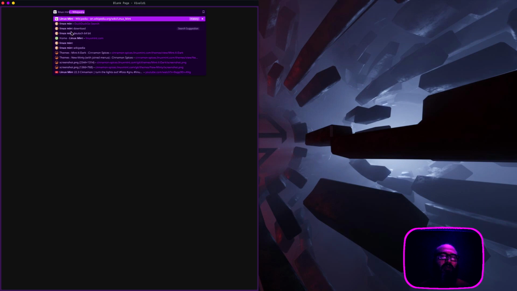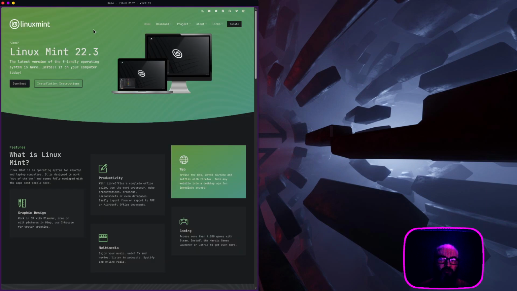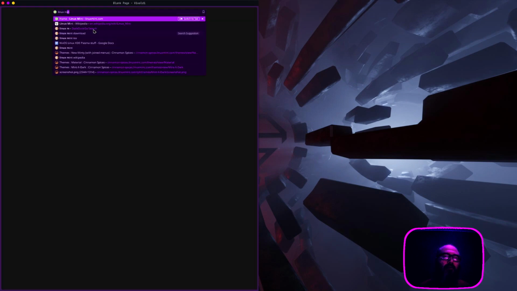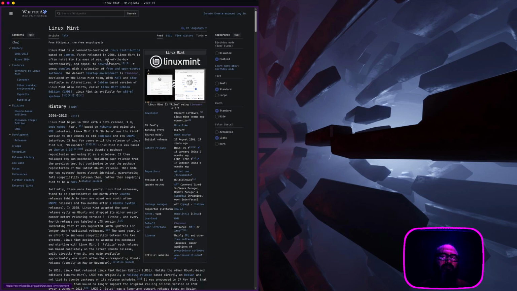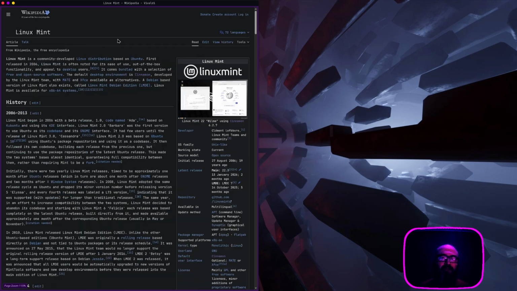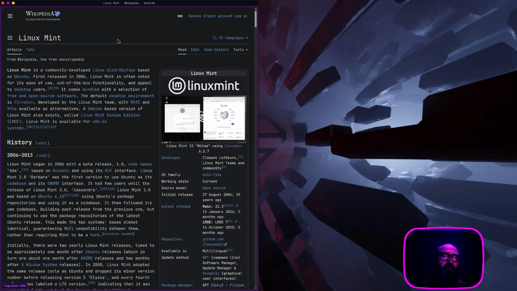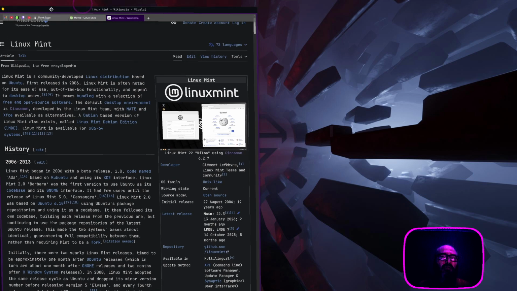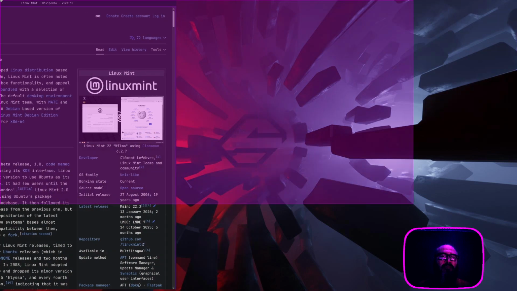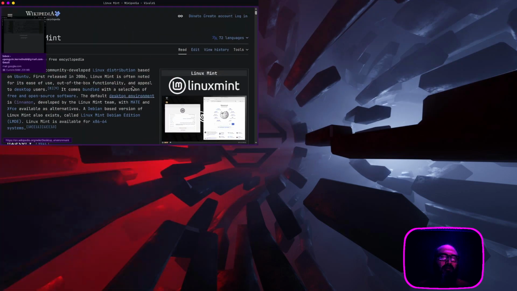First we will use Wikipedia, of course. Linux Mint. Okay, and let's zoom in a bit. So yeah,